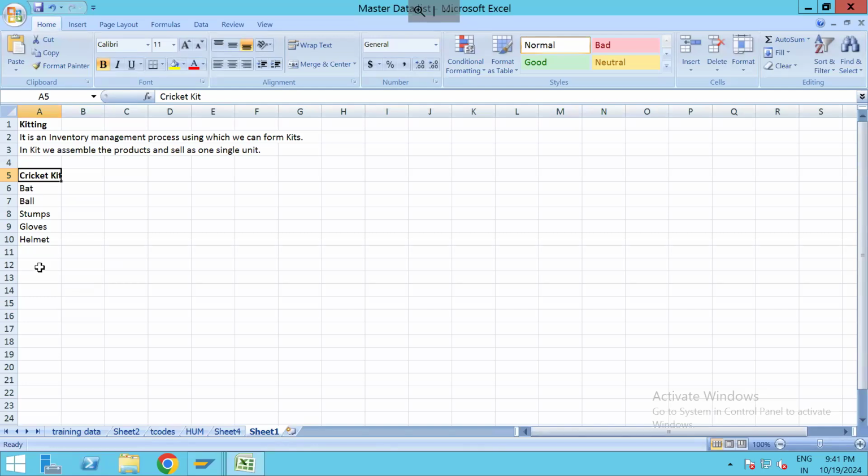Okay. So kitting is only an inbound, outbound process, right? During selling. Yes, yes. Okay. Kitting is only applicable for sales, not for procurement. Okay. One more example,